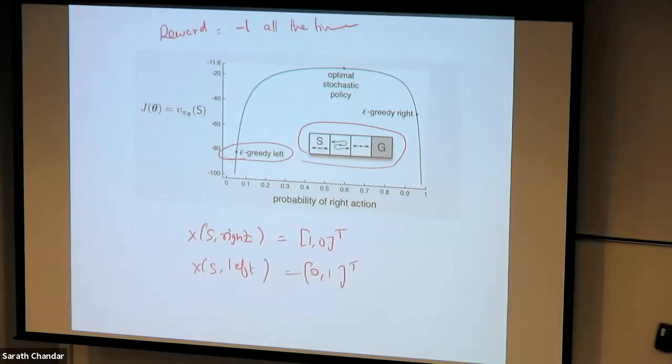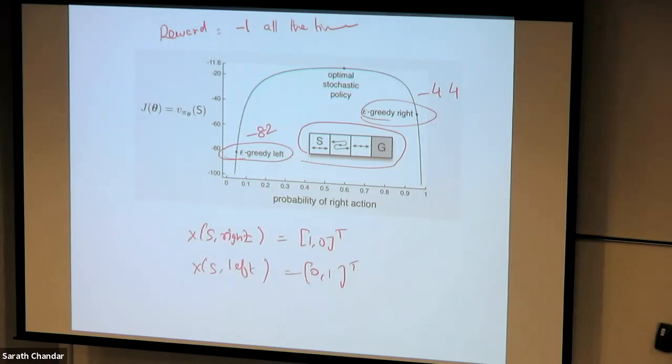Now, the other option is to do epsilon greedy with right. So your algorithm could converge to either of the solutions. If you converge to epsilon greedy with right, it seems to be better than the left, but it is still not optimal. You get approximately -44. So the epsilon greedy left is getting -82, and this is getting -44. However,